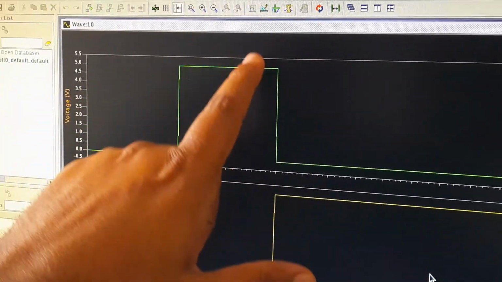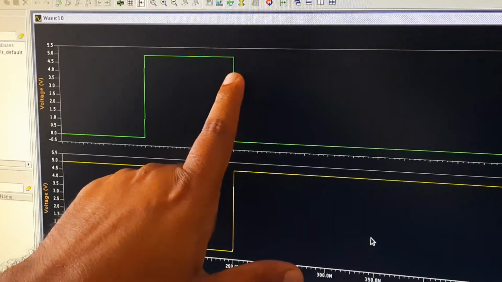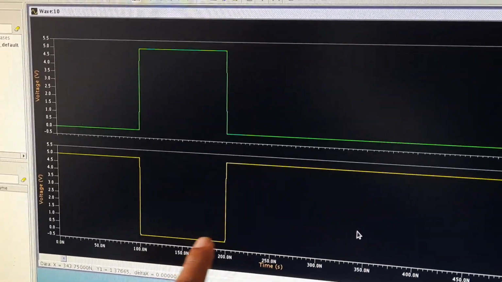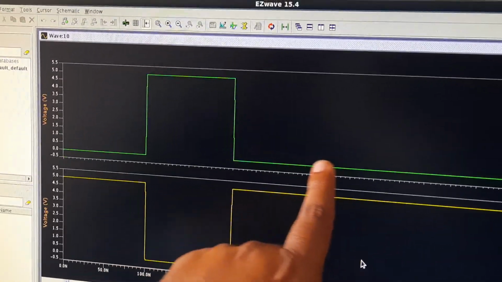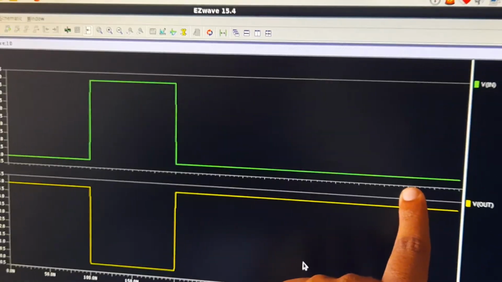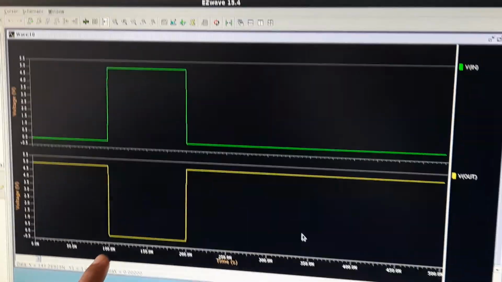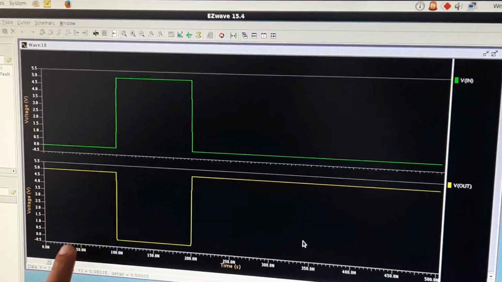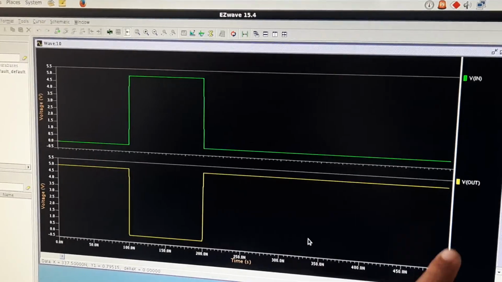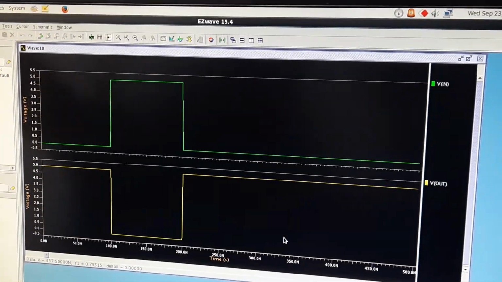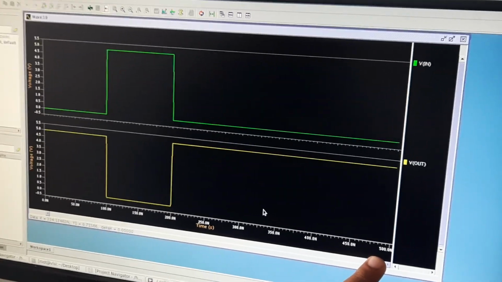In the next pulse, if the input signal is high, what is your output? Your output is 0. In the next pulse, your input is continuous 0, so your output is continuous 1. This is your time frame. You change the time from 0 nanoseconds to 500 nanoseconds. You have already fixed this in your window at the start. That means your simulation is only on this time frame.